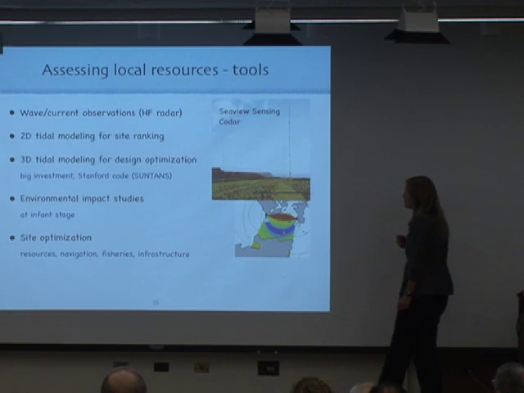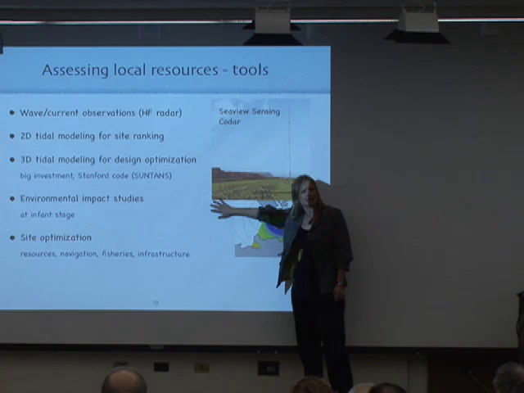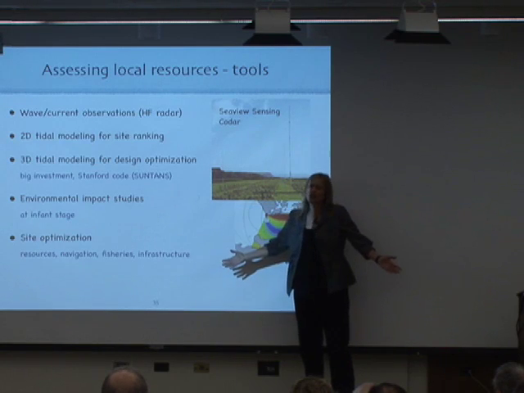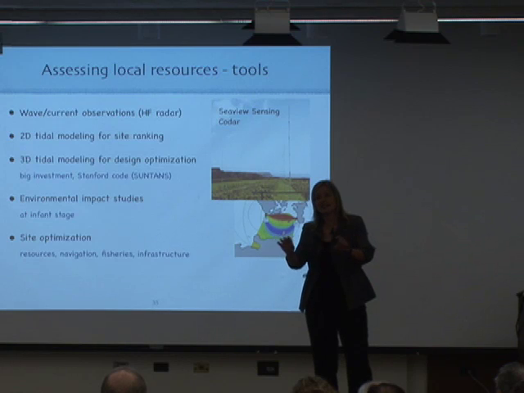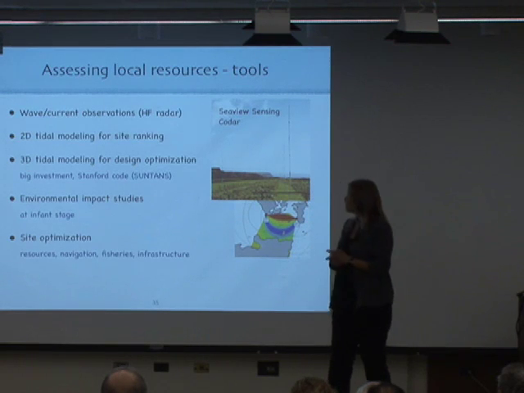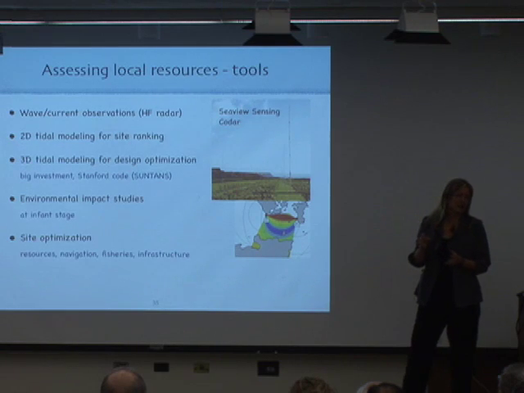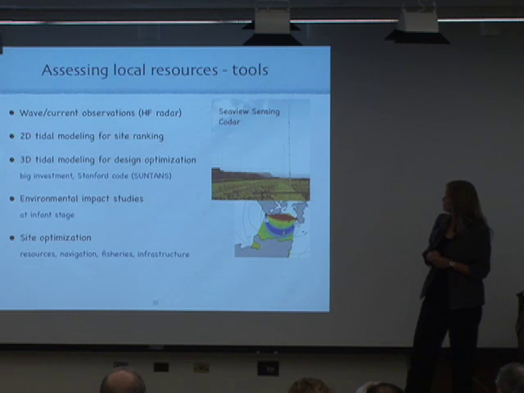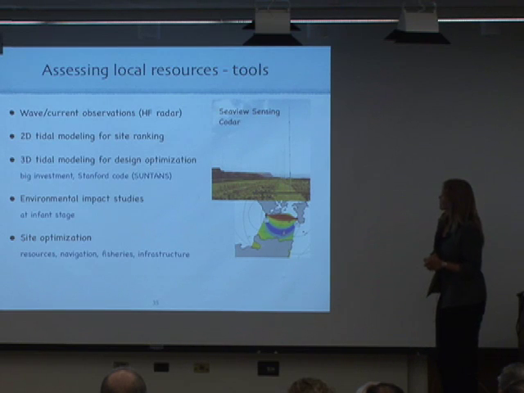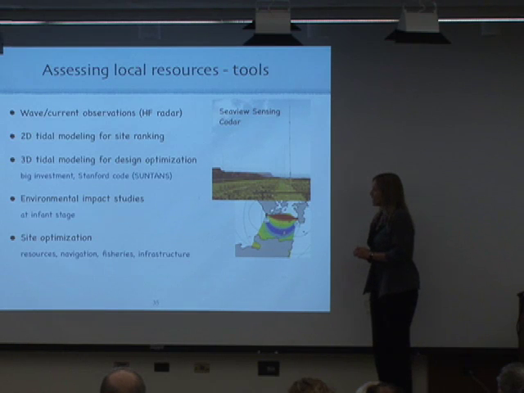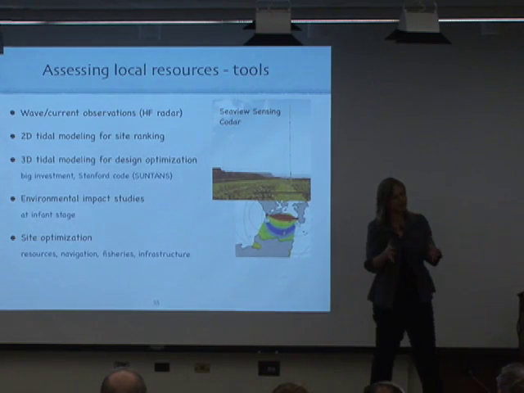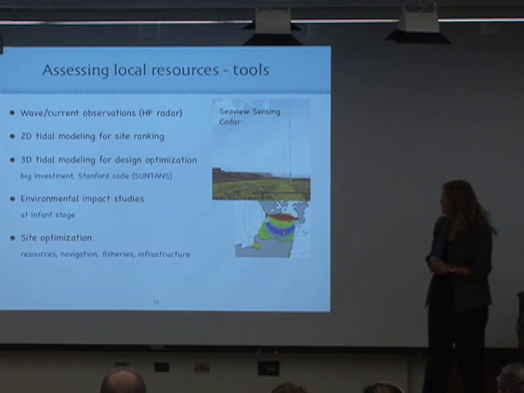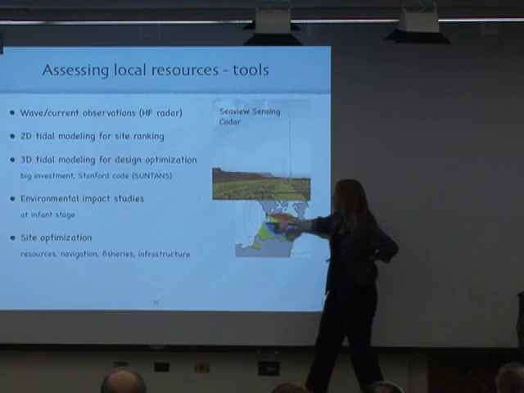Then you need to do environmental impact studies. This is really at the infant stage. If you ask me, what are the environmental impacts, I'd say nobody knows. There are some reports from lab tests, they do this in the lab also with the wave test, for example, or the tidal turbine test, that say, well, there's a lot of erosion going on near the turbine. There's a lot of extra or different velocities that are created, but nobody really knows. I don't believe some of these studies, and I don't think they're necessarily scalable. Now, if you do this in the lab, it doesn't mean that the same thing will happen at the actual site. So we really need to look at this still.